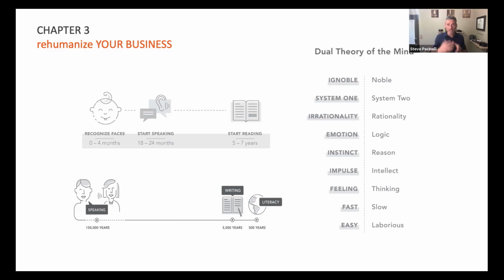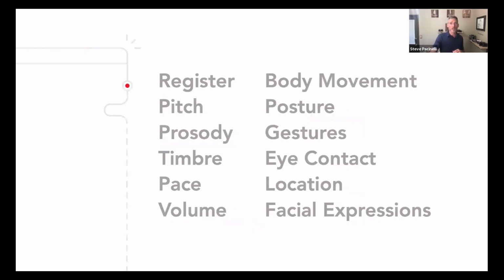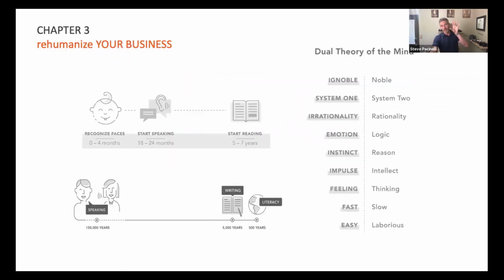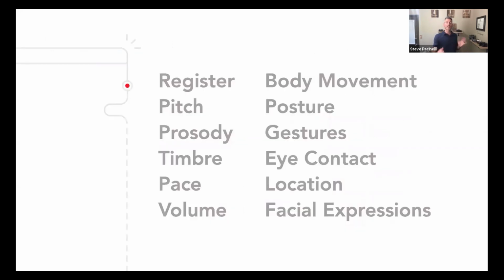And we dive deep into that topic in chapter 3, because emotions and information are what create memories. Emotion plus information creates memories. And if you want to be memorable, you need to tie in that emotion. And all of these communication methods that people can see on the screen right now, your register, pitch, prosody, timbre, pace, volume, all of those things go into creating memories for the recipient of your videos or of your marketing